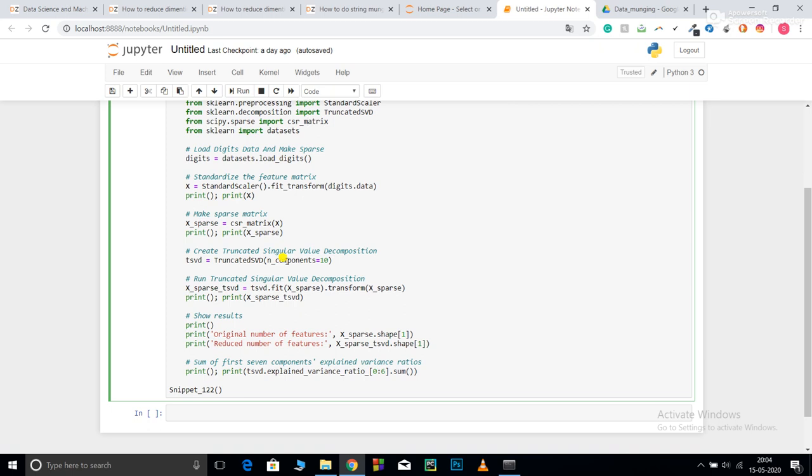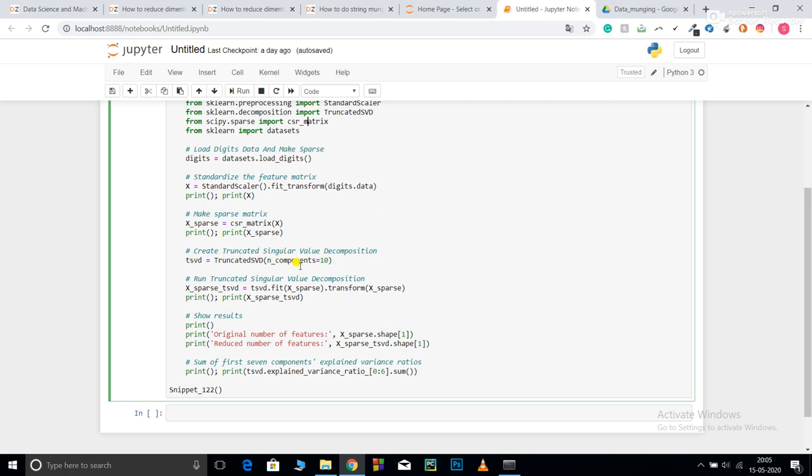After that comes TruncatedSVD, which, as I already told you, depends upon the number of components you want. The more components you have, the more time your model takes to train, but the output is much better as compared to one having fewer components. Keeping fewer components reduces your time complexity. So it's basically a trade-off between the accuracy and the time you want to spend on your model training. Generally people go for variance. You could check that out on the internet too.